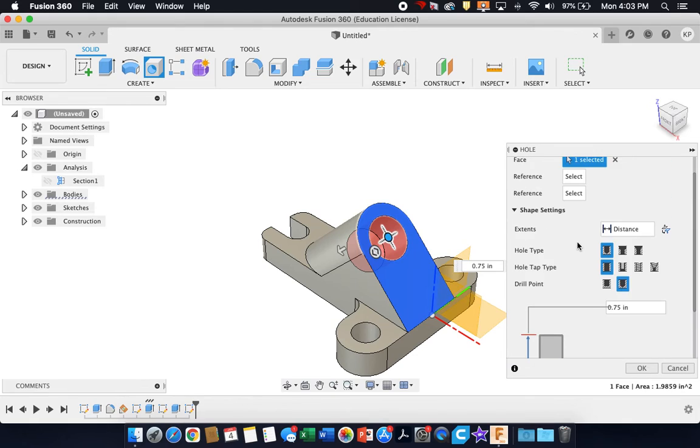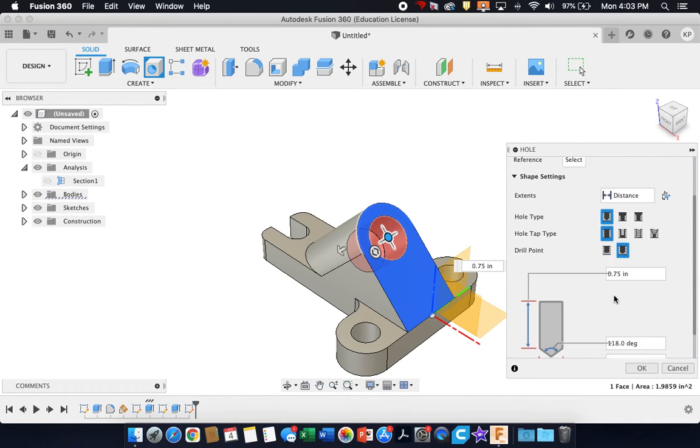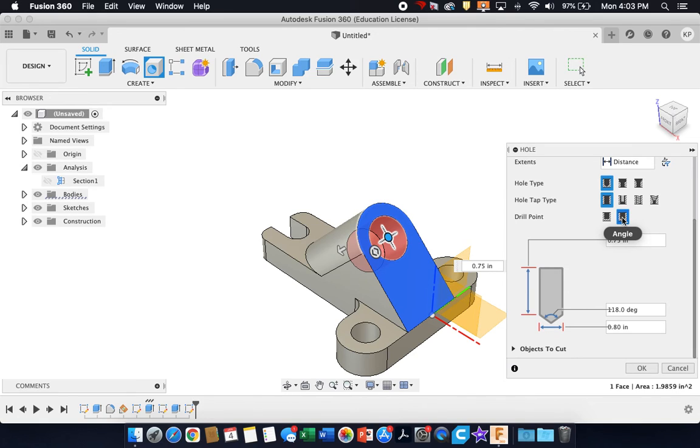So going down through our options here, we want to go a distance and our hole type. We're just going to keep it simple. No threads, no taps, anything like that. And if this was going to be manufactured out of, let's say, metal, they're typically probably going to use a drill bit, and a drill bit has this angle to it. So we want to make sure that we choose that. If it's a feature that can be made with a drill bit, then it should be drawn as if it was drilled. Here you can set your depth,